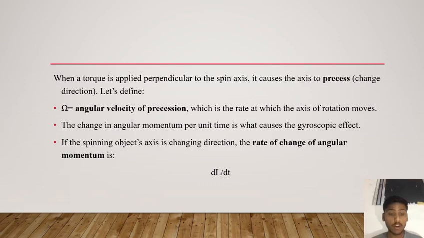Here is the important part: the direction of angular momentum is changed due to the precession. We express the rate of change as a vector cross product, T is equal to I into W into omega. This represents the torque as a vector quantity pointing in the direction that is twisting the object's axis.